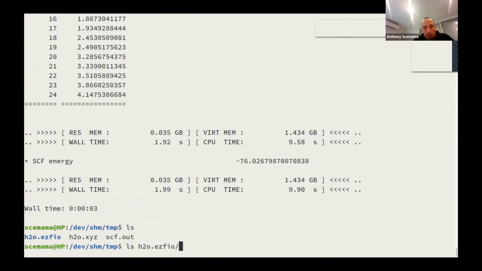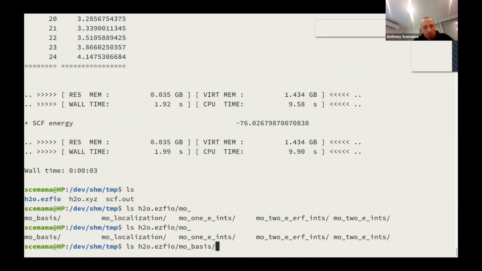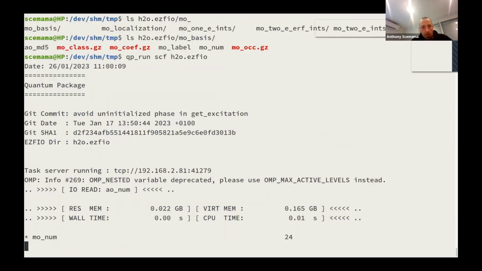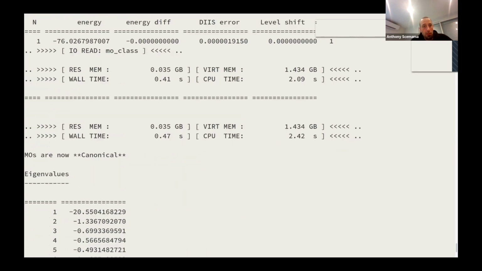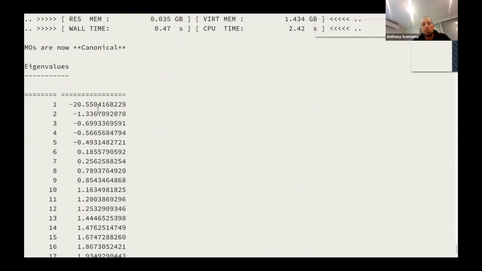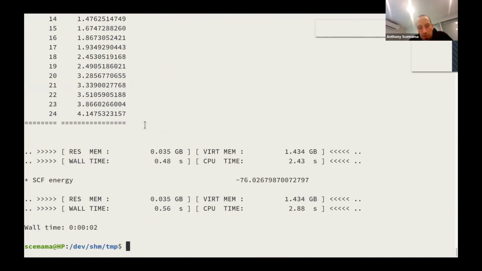So here in the MO basis, we have stored some molecular orbitals, so that if I run the same command again, you will see that it converges in one iteration because it already has molecular orbitals inside, and it tries to run the SCF using the molecular orbitals that are inside the directory. So that's just a special feature.